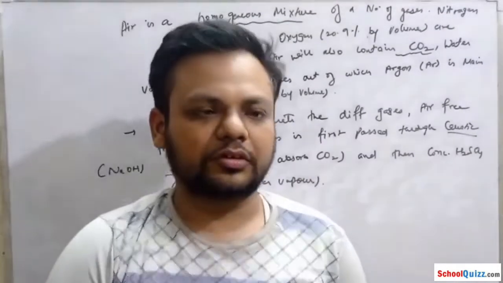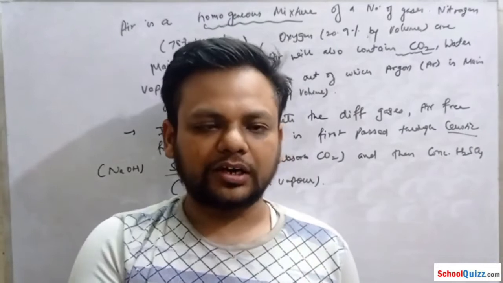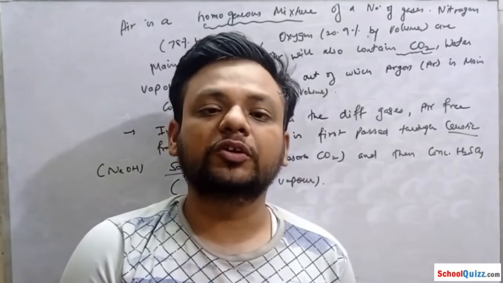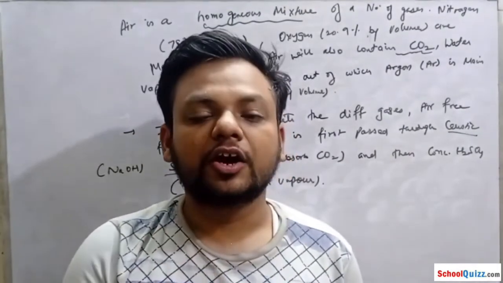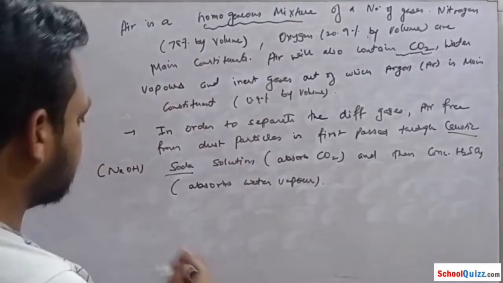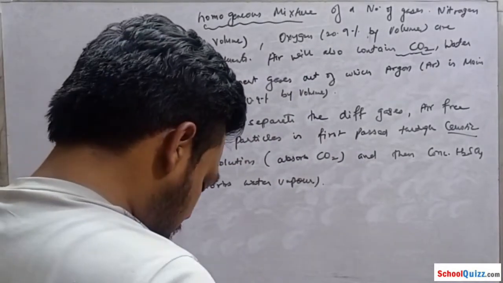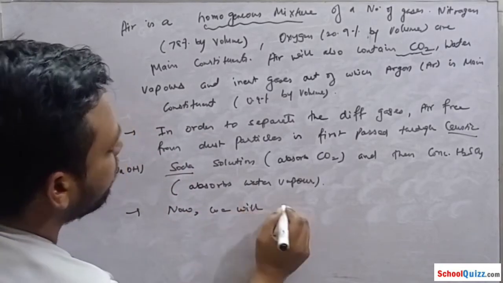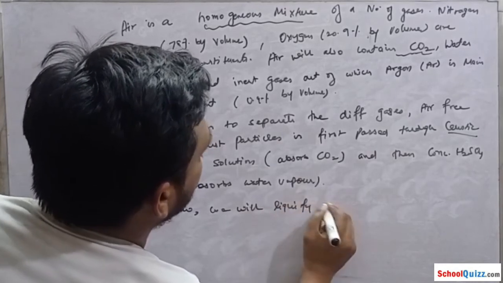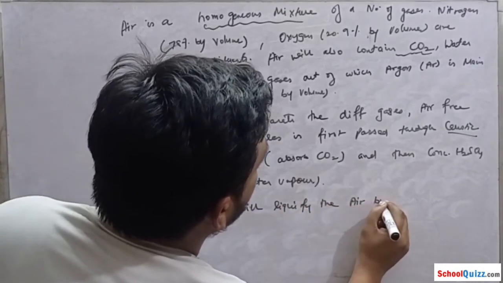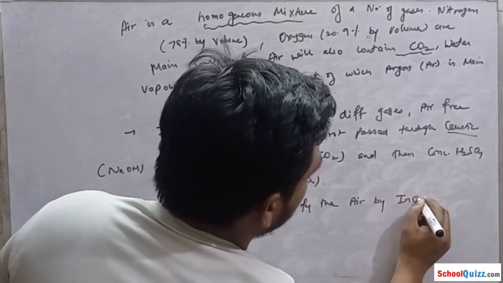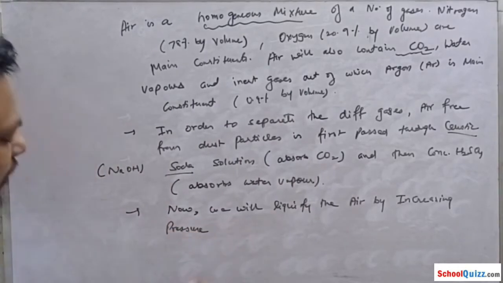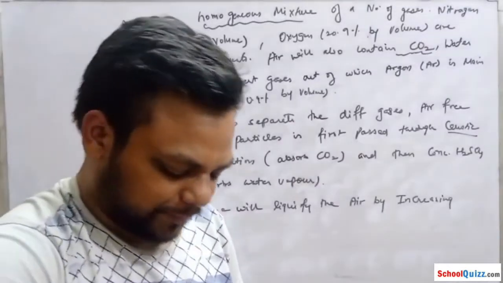As we have saw in our flow chart, that first of all air gets separated from water vapors and CO2, and then what will we do? We will liquefy the air. So we will write also, that is after then, now we will liquefy the air by increasing pressure. We will liquefy the air by increasing pressure